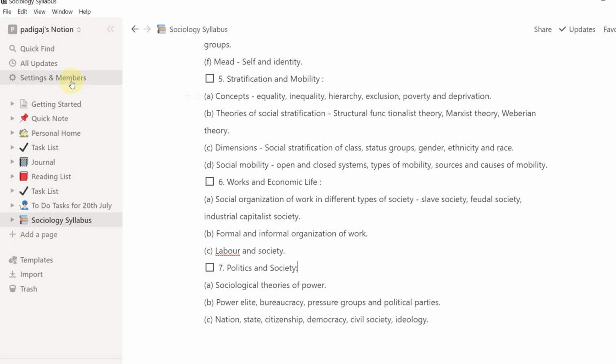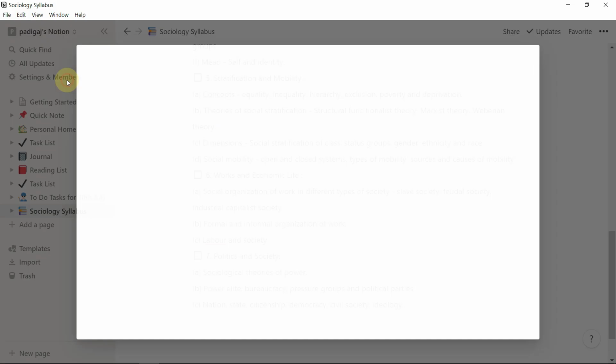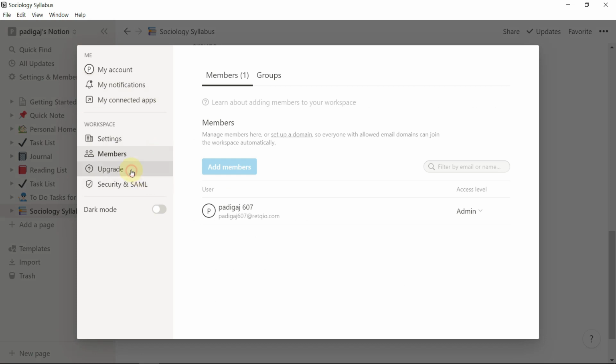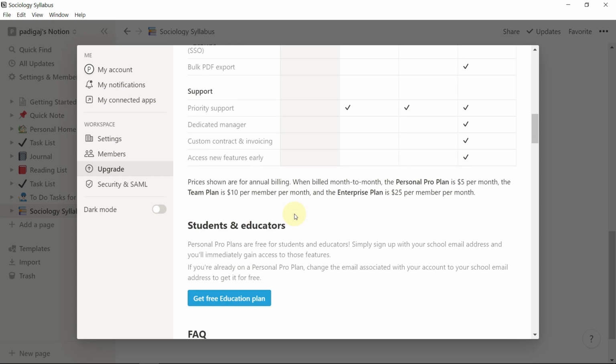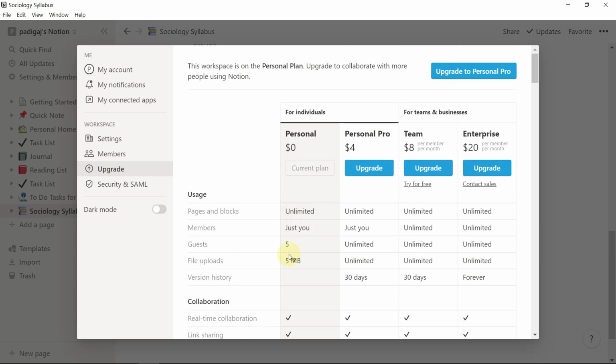Now comparing the Notion to Evernote, you can go to the left panel and can go to the settings and membership. In that, go to this upgrade option and you can see that whatever plan I'm using is personal. And it has upload limit of only 5 MB, which is too small for a CSE aspirant. Because I will tell you,